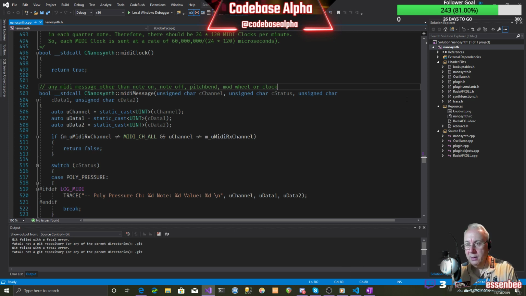as well as the RackAFX code in the repository, we'll also put the complete project to build the VST3 plugin from scratch. So you won't need RackAFX in the end. All our objects will be completely portable, and we'll build them into an auto-generated plugin for VST, which uses the native SDK. So there's no parts of RackAFX in that. It'll be pure VST code using the VST SDK. So if you're a VST programmer, you'll be able to play with that. So there'll be lots of ways we can attack this in terms of sharing the code